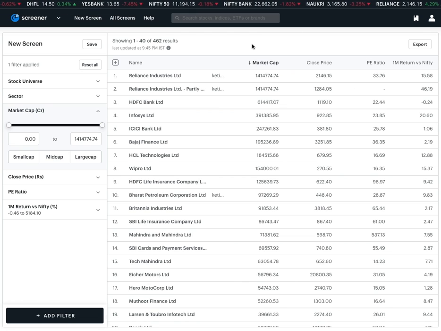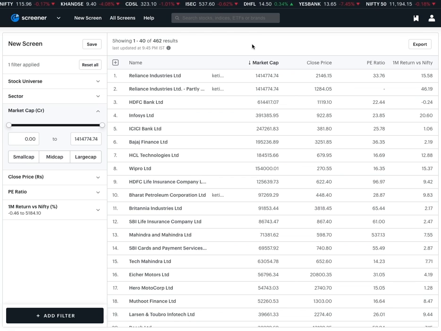We discussed last time that whenever we want to start screening, we start with an idea or we start with a theme, right? A theme can be of different kinds, depending on what you want to screen for, depending on what kind of ideas you are trying to emulate in a screener. So what we'll do this time is that instead of starting from scratch, we will start with a few pre-built screens which are built on certain ideas.